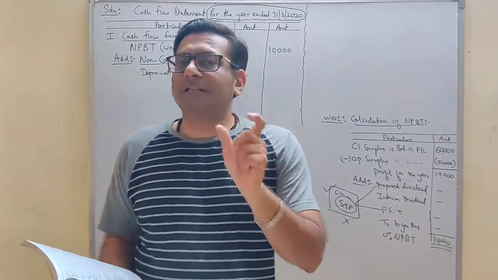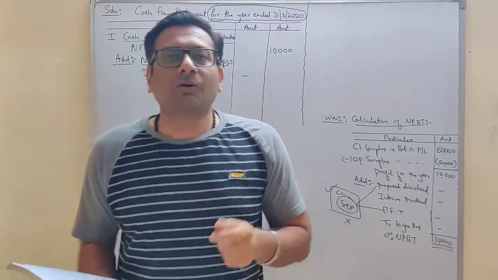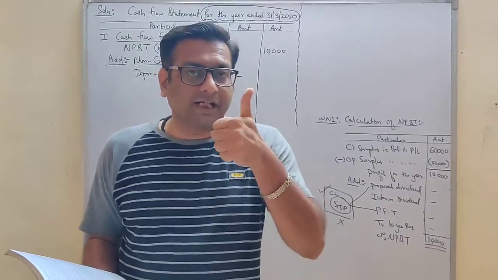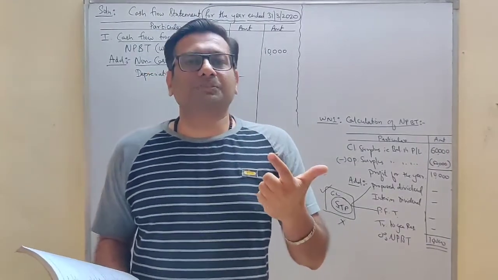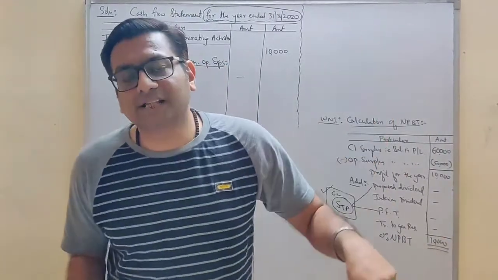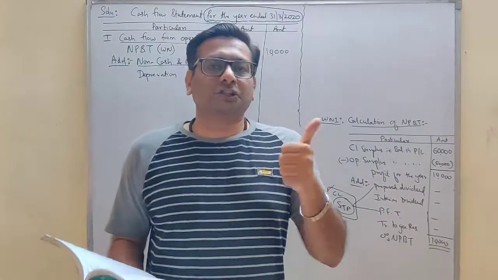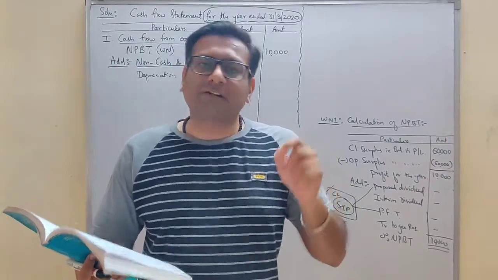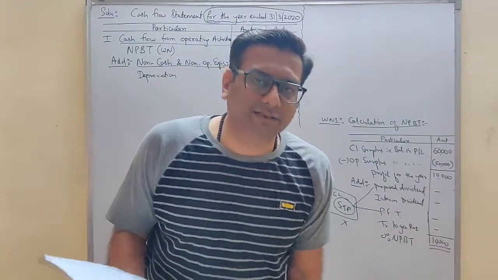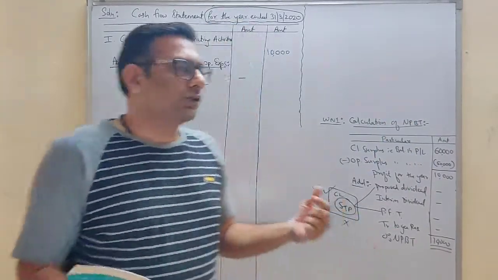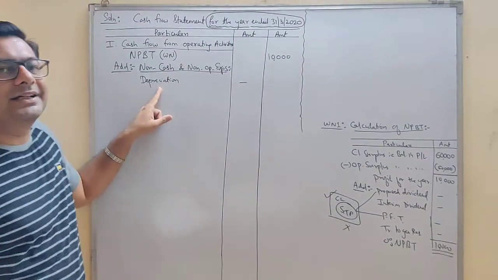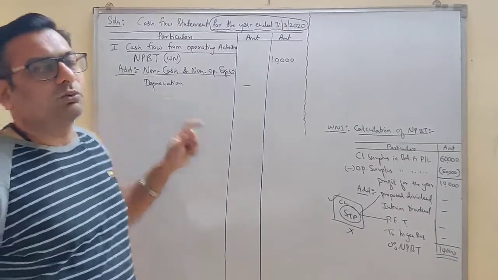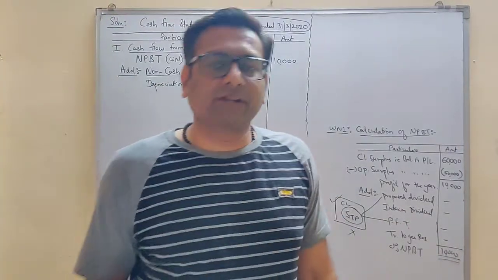I hope you remember the keywords of investing activity. What comes under investing activity? Two keywords: anything related to fixed asset and investment. What comes under financing activity? Three keywords: shares, debentures, bank loan. So this is related to fixed asset, so it will go under investing activity. Understood, students? So here the balance is increasing. We can't take it as depreciation if the balance is increasing. So I will take it as purchase of fixed asset.